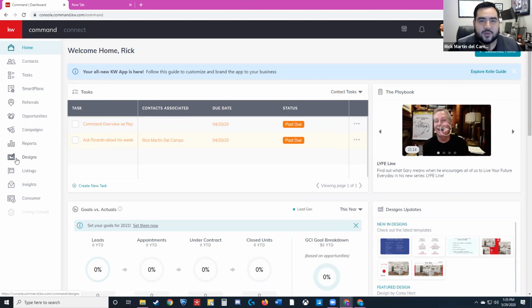Designs is going to be the one that has the little tablet with a little pencil or stylus on there. So that's where you'll find